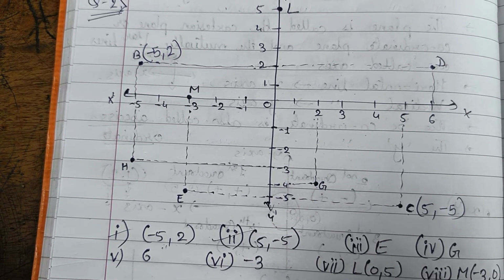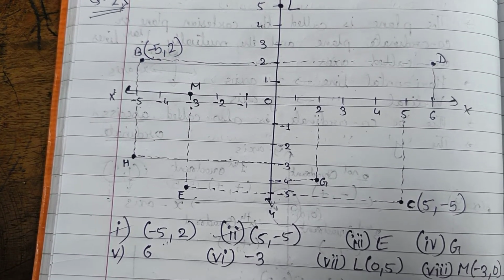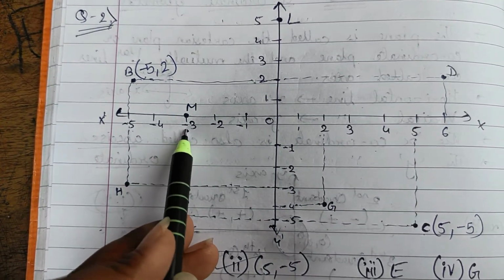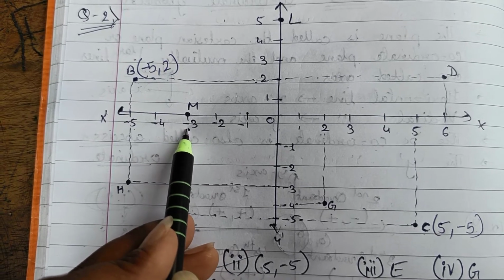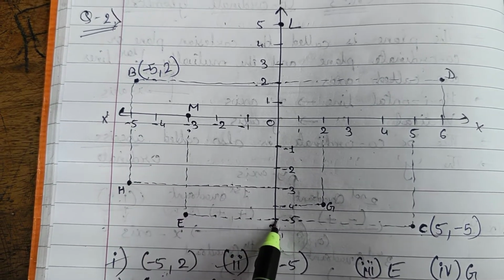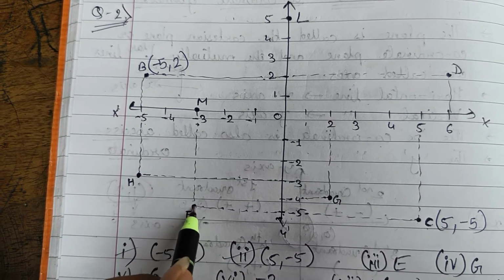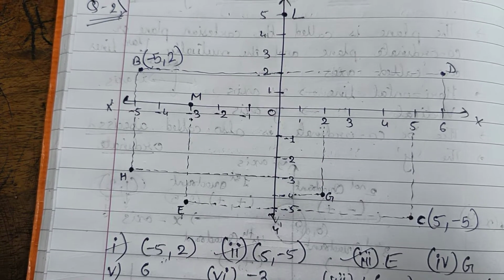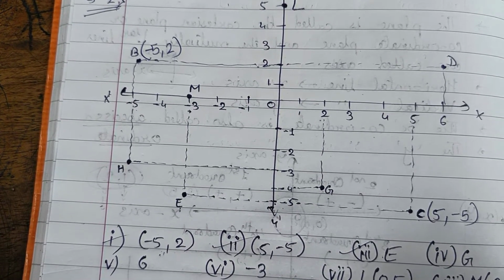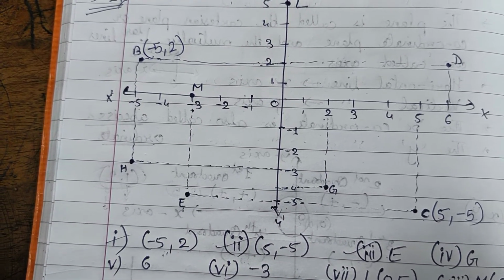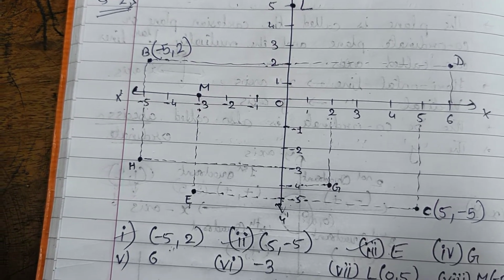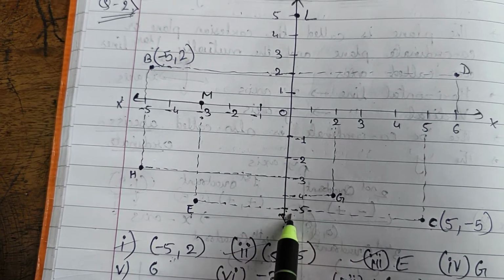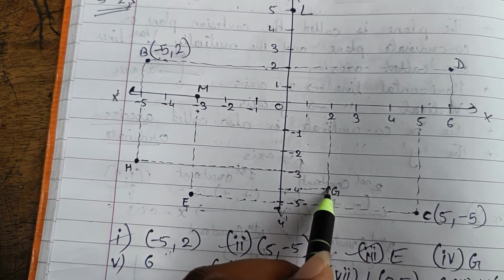Now the point identified by the coordinates -3, -5. This is your question number 3. Search for -3 on the x-axis. So it is here, -3, -5. Search for -5 on the y-axis. So this is -5. What is the point? That is point E. So your answer is point E. We are done with question number 3. Then fourth, the point identified by the coordinates 2, -4. Now 2, -4, that means first is 2. So 2 is positive, that is on the x-axis, and -4. Search for -4 on the negative y-axis, that is here. So your point is capital G over here.